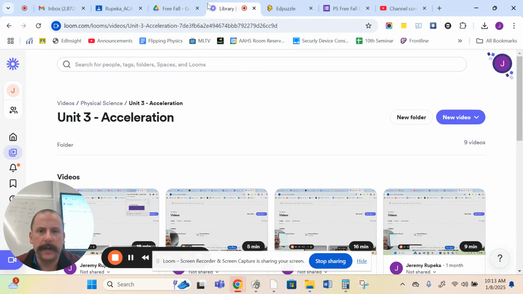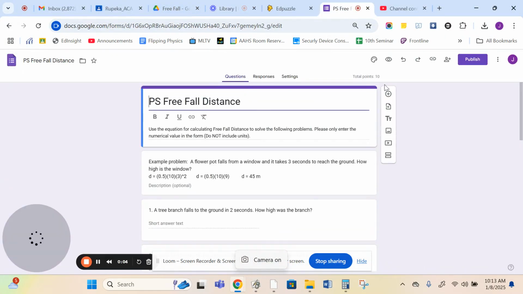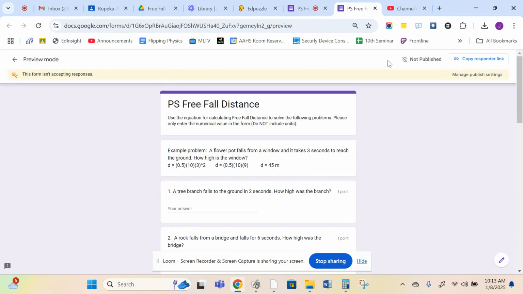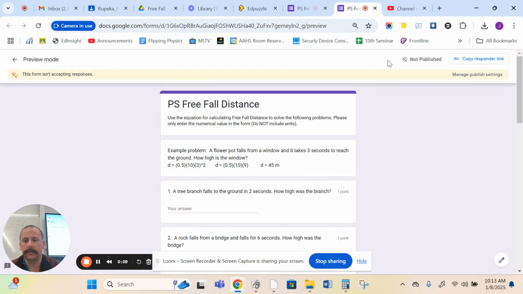Okay, guys, today we're going to do our last set of equations for this particular section with free fall. The last one that we're going to do is d equals 0.5 gt squared. That is our equation for free fall distance,